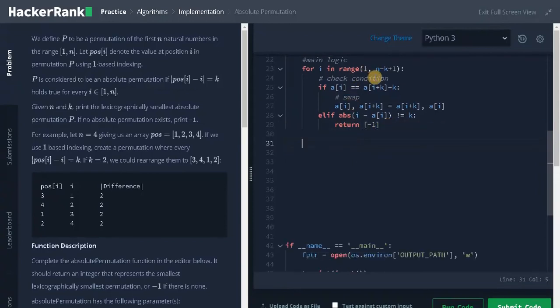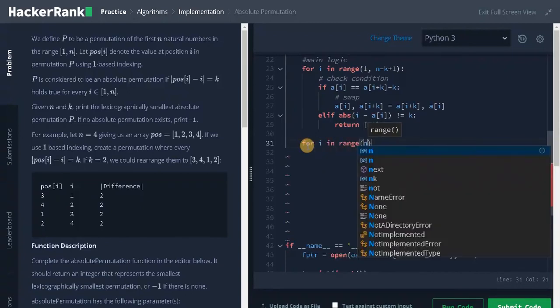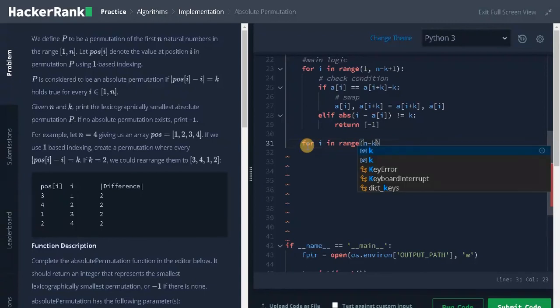After running the loop up to n minus k, we need to go from n minus k to the end. For that, again initialize the loop: for i in range n minus k plus 1 comma n plus 1.